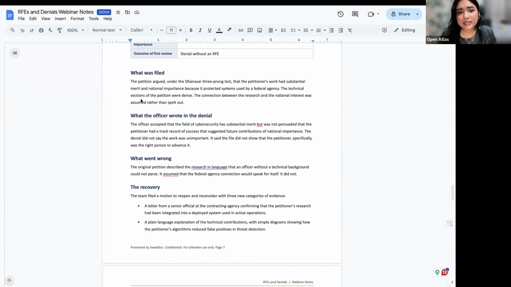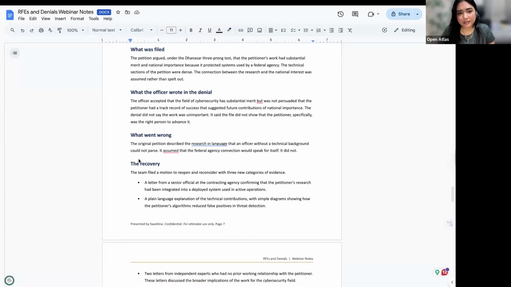The technical sections of the petition were dense. Usually NIWs are always dense. The connection between the research and the national interest was assumed rather than spelled out. What the officer wrote in the denial is very specific here. The officer accepted that the field of cybersecurity has substantial merit. Yes, it has, but was not persuaded that the petitioner had a track record of success that suggested future contributions